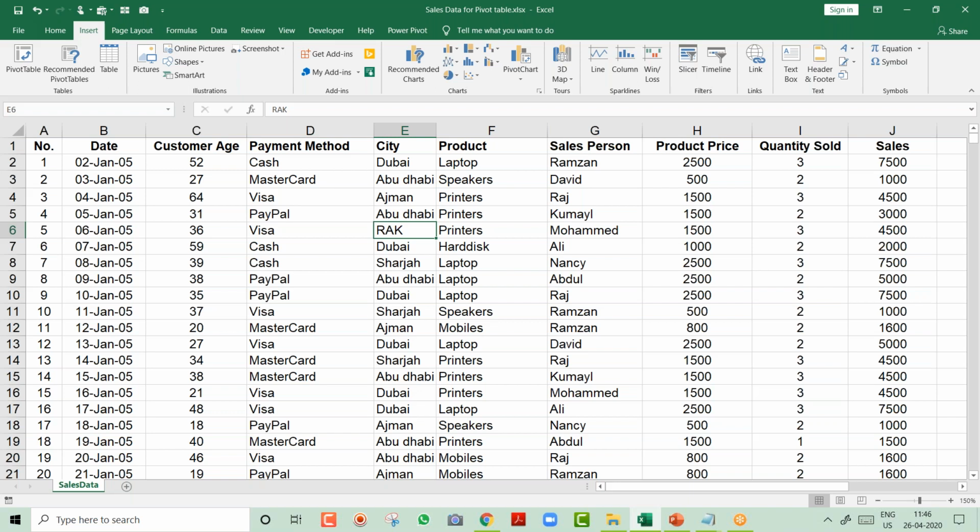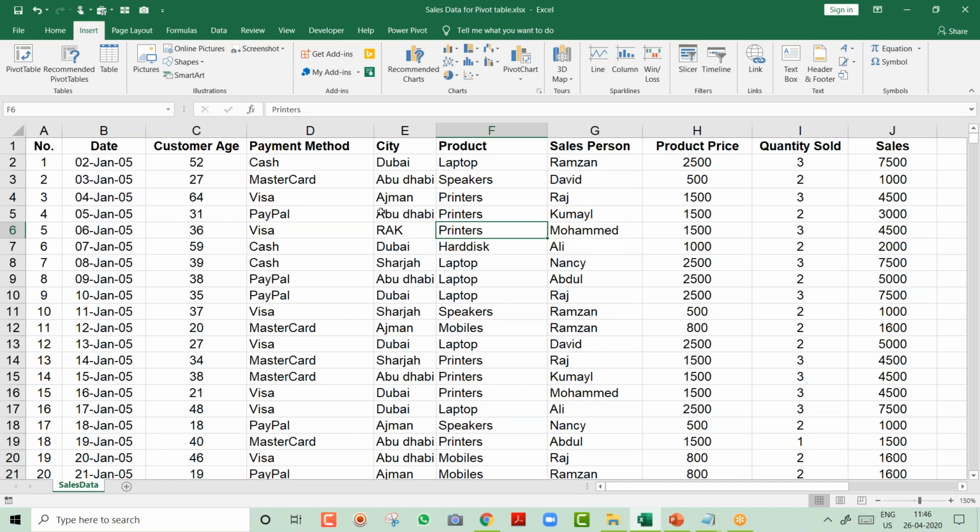Okay, friends. So now this is the data, and I wanted to insert a pivot. How do you insert a pivot? What is the first step that you do? Can you tell me if possible? In the chat message, how do you insert a pivot? What is the step, if you know? First, create a table. Very good, Daniel.